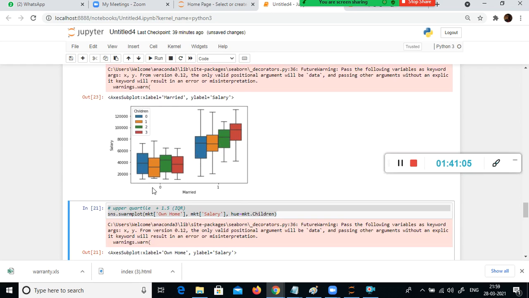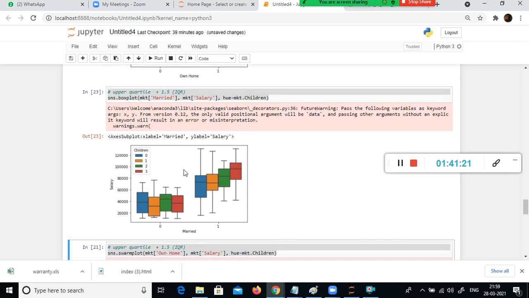But unmarried people who have one kid, the spend is less. It is a bit, but when you look at this, it is quite interesting, right? The spend is not reflecting this pattern. Those who have more kids, their salary is not good, right? 3 kids, but the salary is not good.